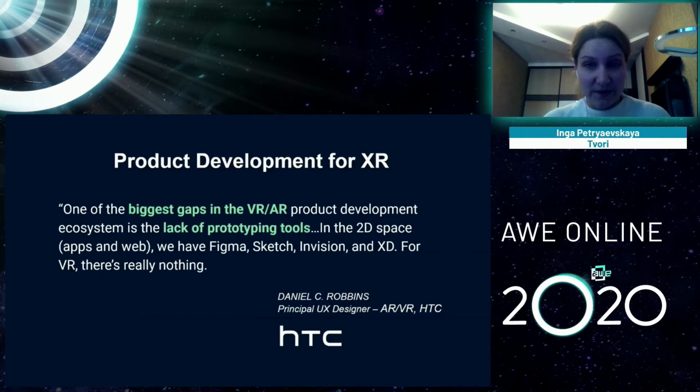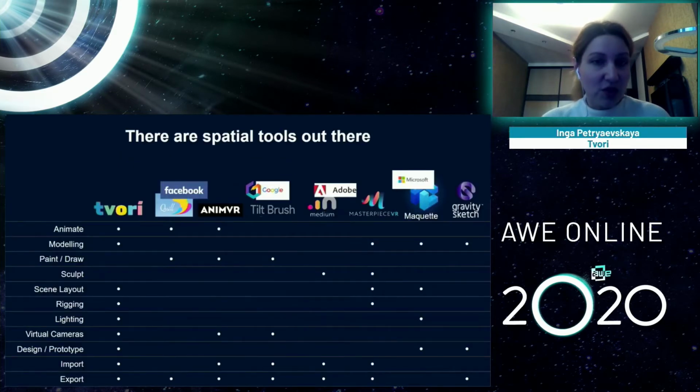our spatial products? There are spatial tools and software out there on the market, and there are great modeling and sculpting, 3D modeling tools like Microsoft Gravity Sketch and Masterpiece VR. You can sculpt in Oculus Medium, you can animate in Tvori and Creel. So there are tools out there, but it seems like the workflow for XR creation still inherits most of the tools from today, flat screen type of tools. And is there a reason for that, or is it just not the time for these tools?